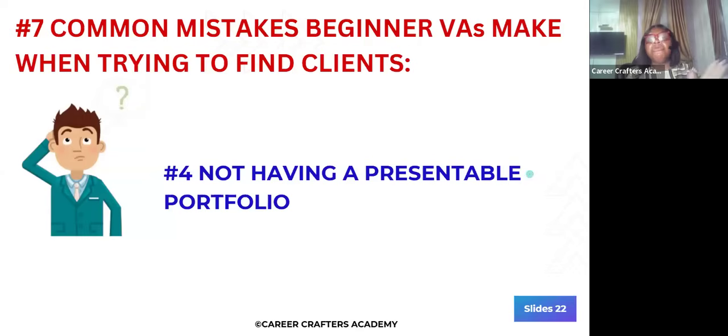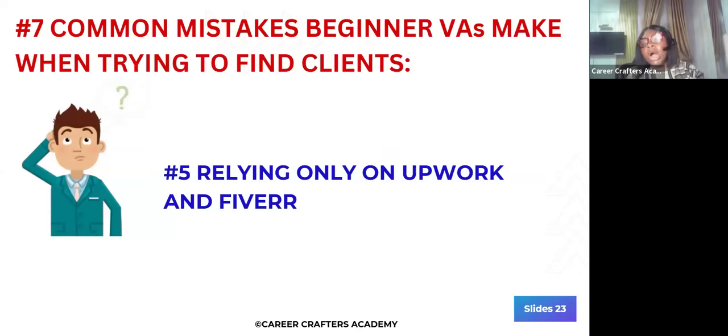All right. Number five, relying only on one job platform, maybe only on Upwork or only maybe on Fiverr. Now, imagine the lady I was talking about who got a 46% job success score on Upwork. Imagine if she only relied on Upwork. After she got that score, her ability to gain clients kind of reduced. So if she did not diversify and also explore other platforms, what would have become of her?